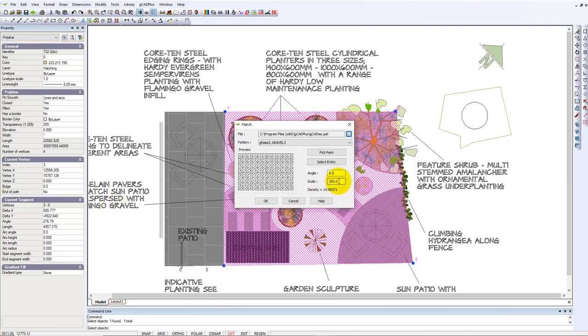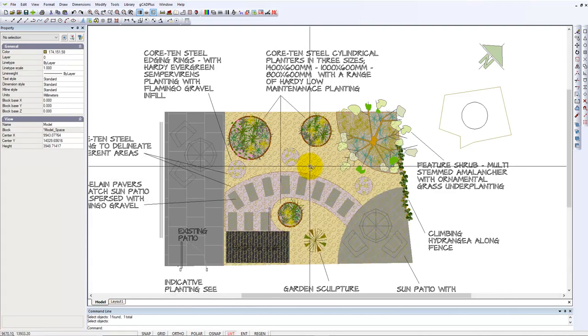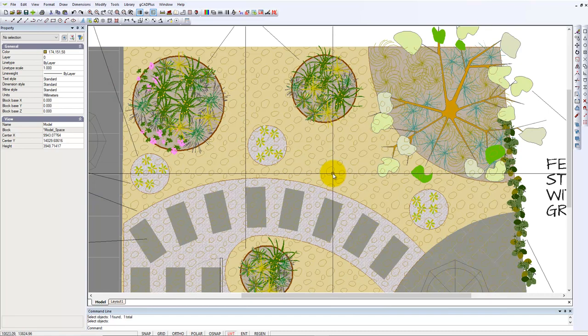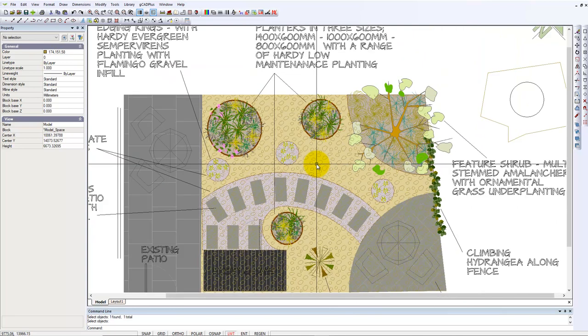Now, it's a really good idea when you are hatching to start with a scale that's relatively large. To illustrate, I'll start with a scale of 500, and the figure I try and look at is that density figure. I like to see it around 2, 3, 4, 5 to start with, so we'll say OK. And can you see the hatching is applied? It's applied in the colour that's current. That's this sandy colour, and we get a reasonable result,